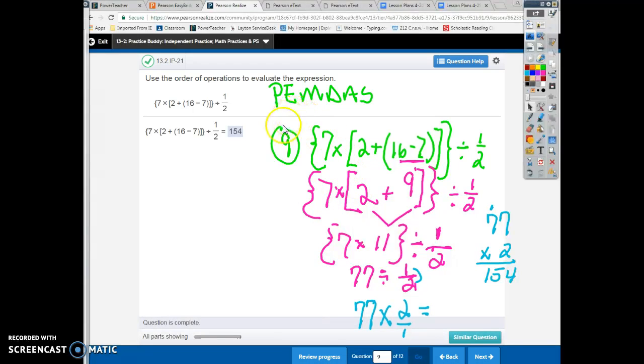But I need you guys to understand, there is no way I want you doing any of this in your head. This is a fairly complex problem. The math in it is not too difficult, but the ideas in the parentheses and the brackets, there's a lot of places you can make mistakes. So please make sure that you are using your order of operations. You are going to start with practice or with Homework Buddy. Some of you are going to have an adaptive homework lesson to do. And then again, I will